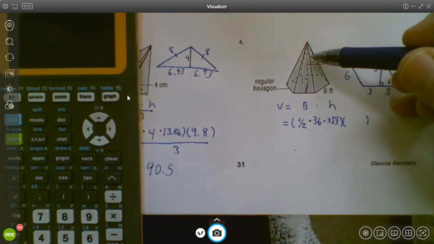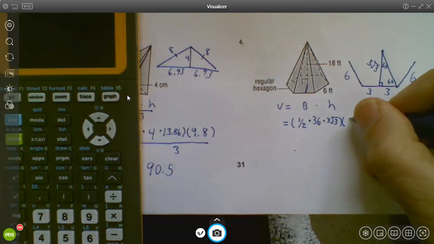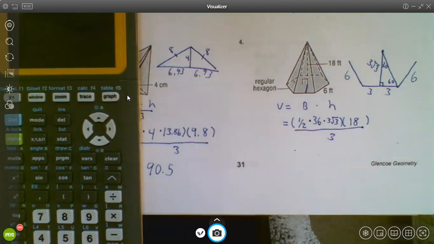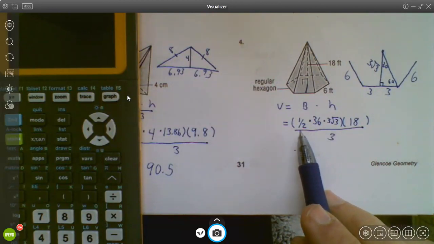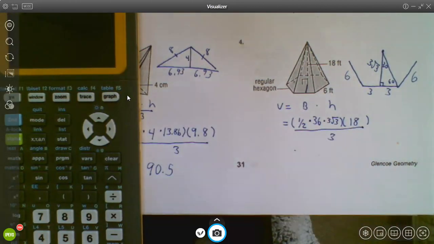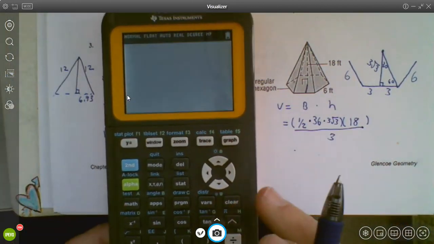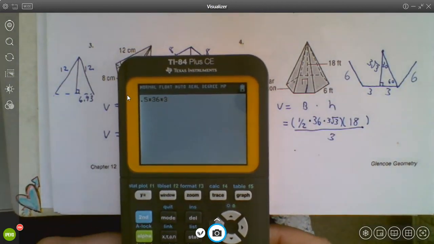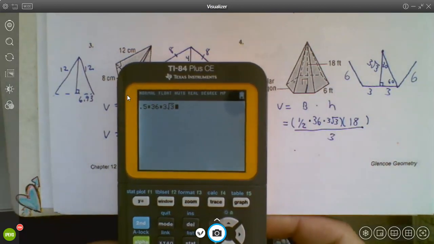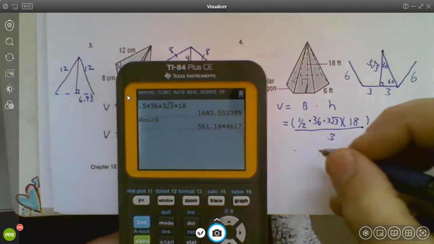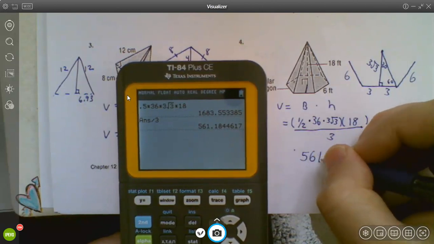And we have the vertical height, which they're telling me is 18. So that's going in for my vertical height. I can't forget to divide this by 3. I didn't write it here, but I'm remembering that now. So this is what our complete setup would look like. This is 1/2 AP, right? This was the perimeter, this was the apothem, times the vertical height, divided by 3. I'm going to do all that in my calculator to finish this one off. So 1/2 times 36 times 3 radical 3 times 18, and I'm going to divide all that by 3. So 561.2